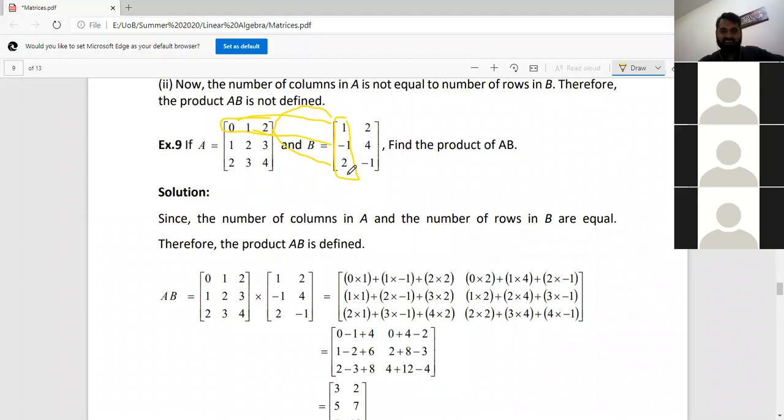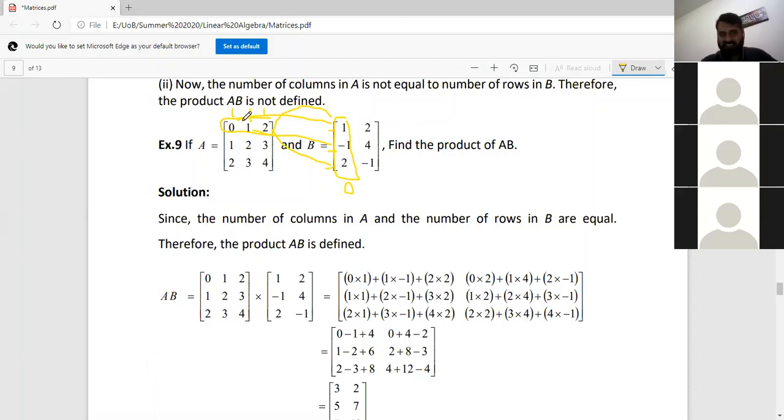Umar. All right, so you understand why we said the number of columns and number of rows should match? Because if there are, let's say, 3 entries, 3 columns means you have 3 entries in the first row, and here let's say you have 4 entries in the first column. So this fourth entry will be left behind. There will be nothing to multiply with this one. That's the reason the number of columns should match the number of rows in my second matrix.